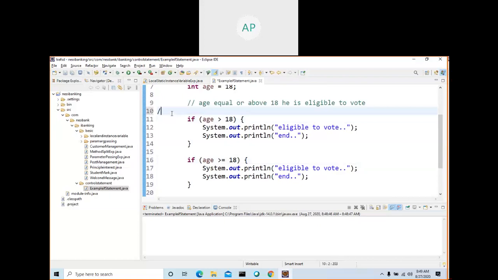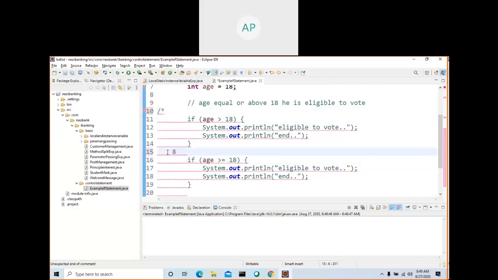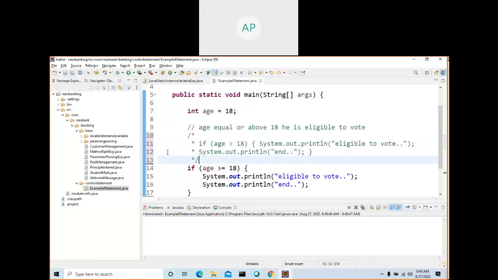If I comment, this is a block comment. Why am I commenting this one? I want to compare it. So now this entire block will get commented.